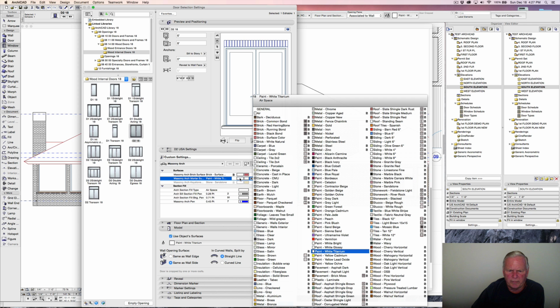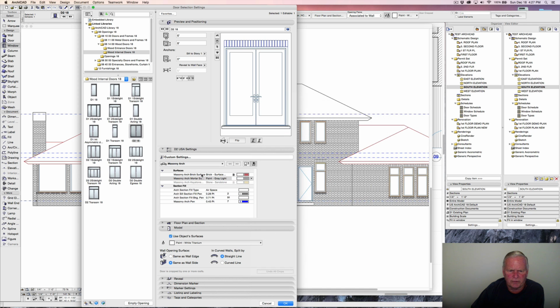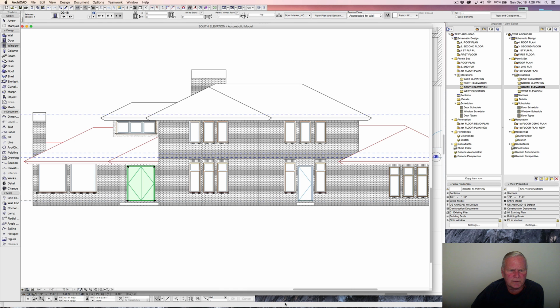So one we're going to make is going to go to that light gray. This one looks like it's already set for brick surface color. And then instead of the blue, number 7, we're going to come down here to just number 1 and black. Okay. So I think we can say okay,